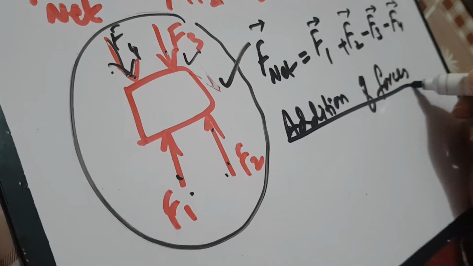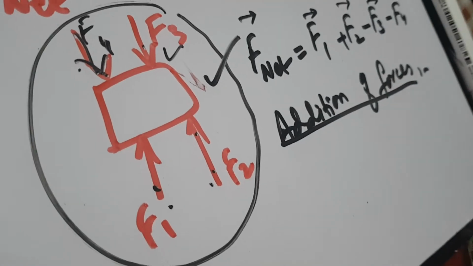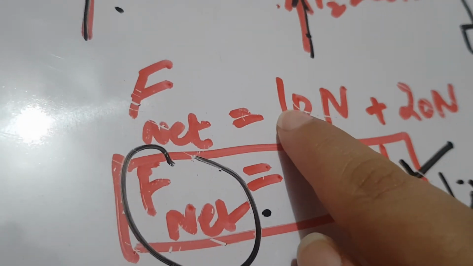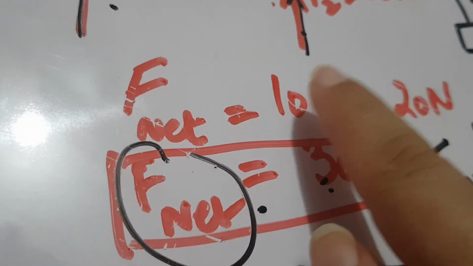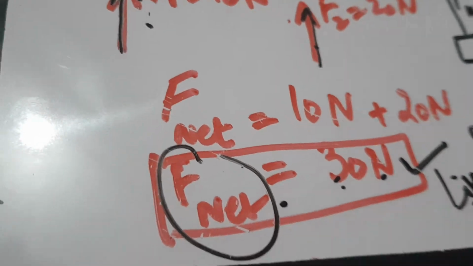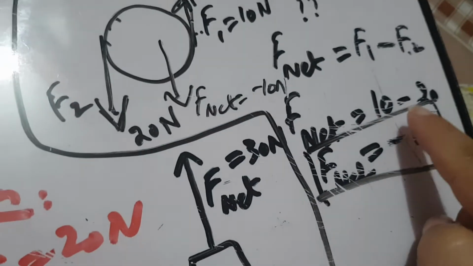You can also use some concepts which are given in your book. Add the magnitudes of the vectors in the case of like parallel forces, as I added here: 10 is a magnitude and 20 is a magnitude. I add these two magnitudes, right? And for unlike parallel forces, you have to subtract, because here I just subtracted the magnitudes.